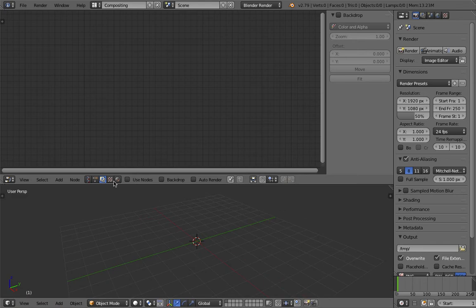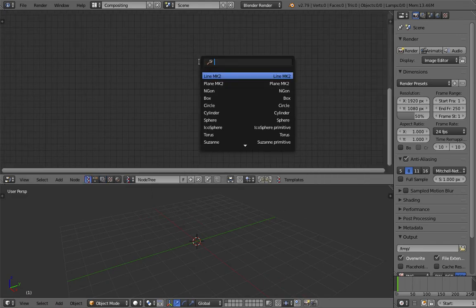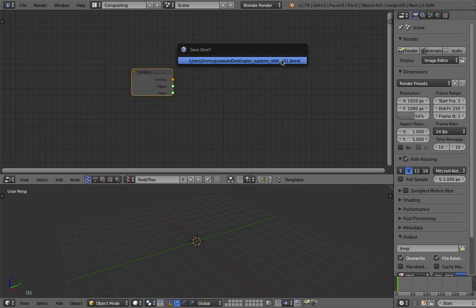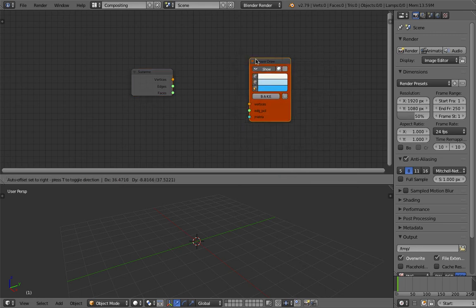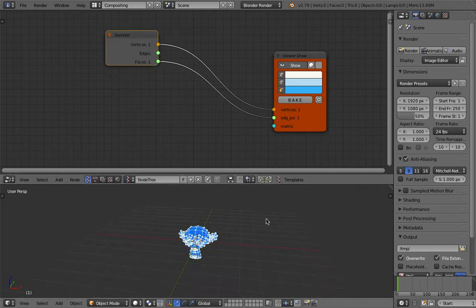and let's turn on Sverchok and start with something. So I'm gonna be using a Suzanne head. So we have Suzanne nodes. Let's save this, and I'm gonna be using viewer draw. Plug this into that guy. So this is a single Suzanne head. Turn off the points,